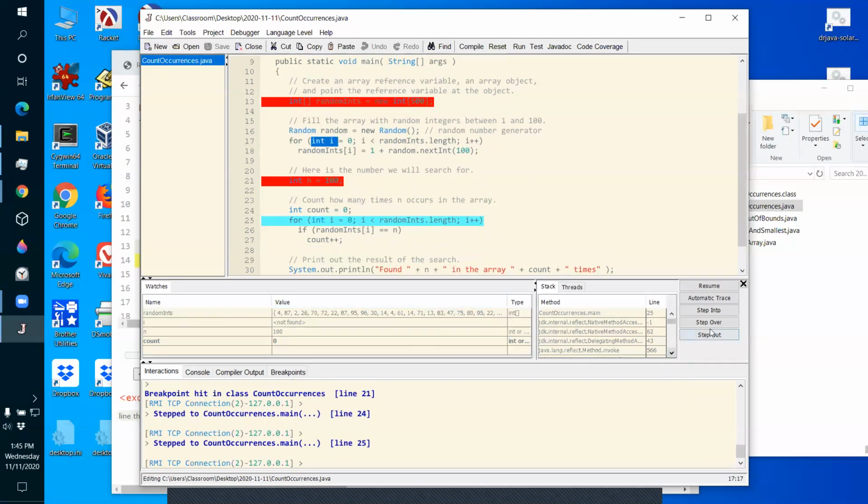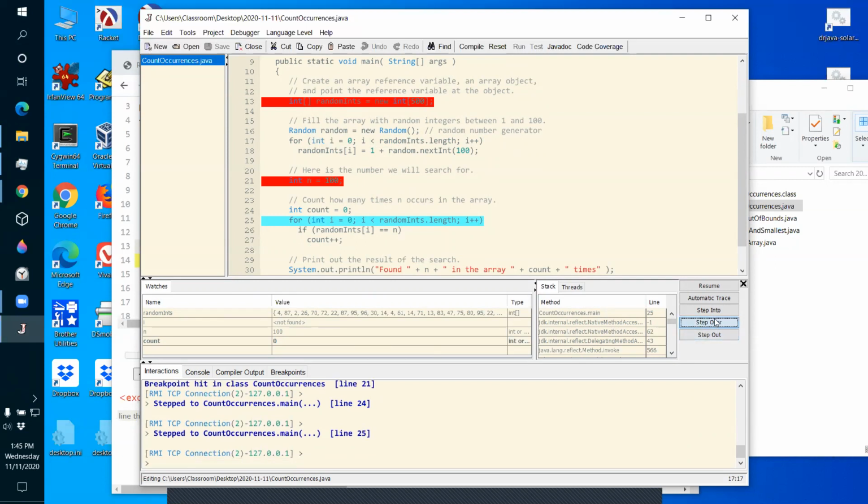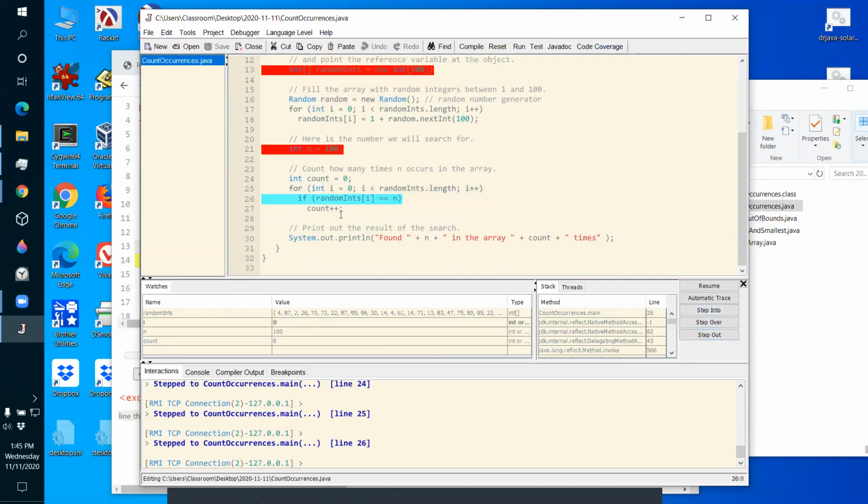Okay, and then if I start stepping over, now I'm going to walk this list and compare each of these numbers to 100. Is entry I equal to n? Well, is 4 equal to 100? The answer is no. So I'm going to skip over line 27. See, I didn't do line 27.